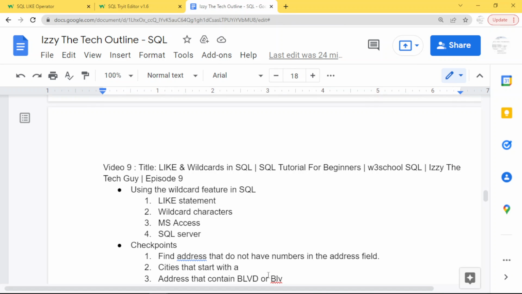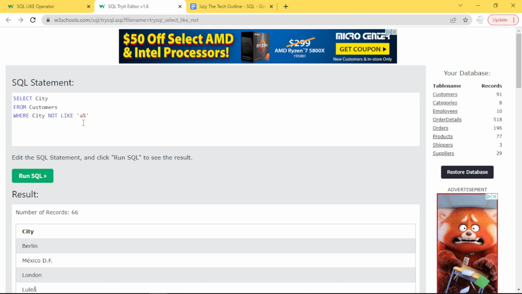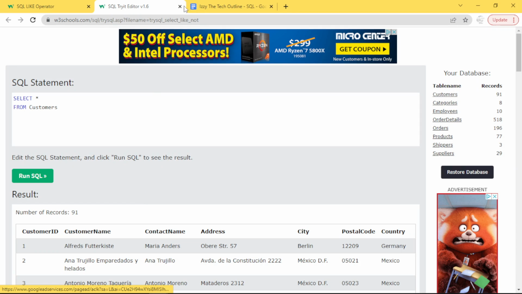Okay, so now we want to get addresses that contain Boulevard or BLV. So let's come here. Okay, where? I don't remember how the table looked, so I'm going to bring my asterisk, take this out, and run this just so I can get a sample of my table. And we want to get address. So select star from customers where,